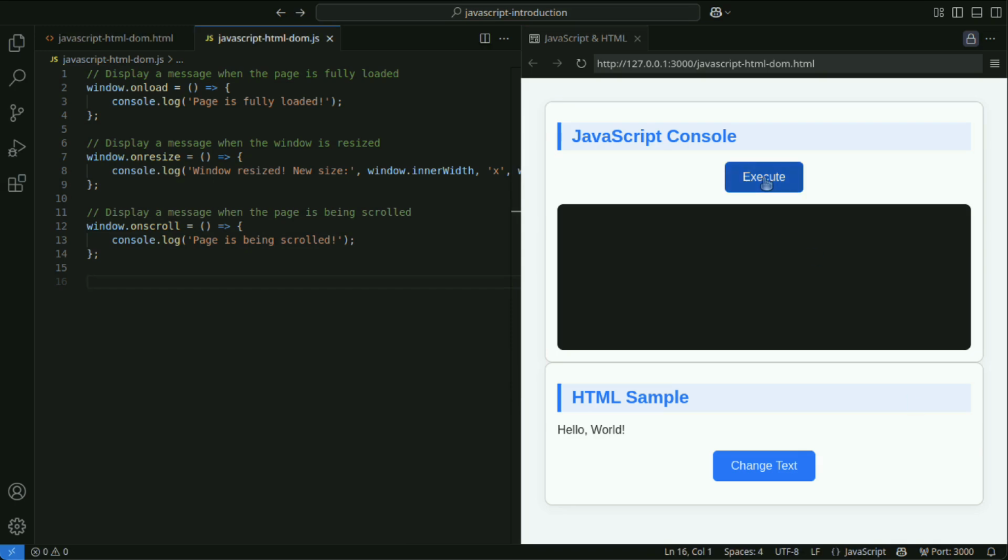The window object has the following events. window.onload is triggered when the page has fully loaded. window.onresize is triggered when the window is resized. window.onscroll fires when the user scrolls the page.